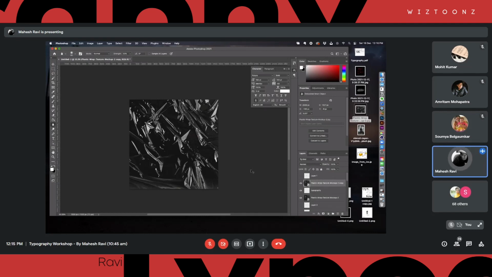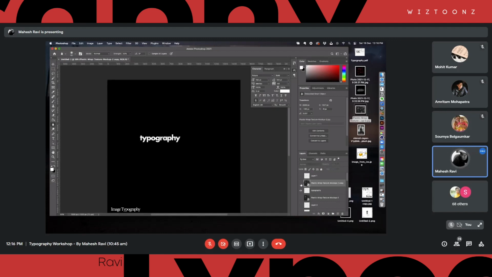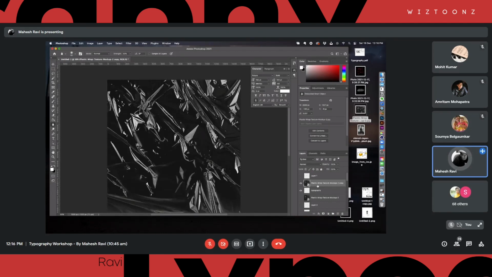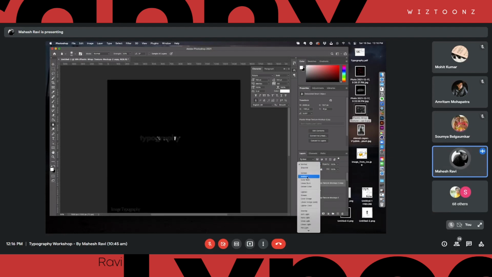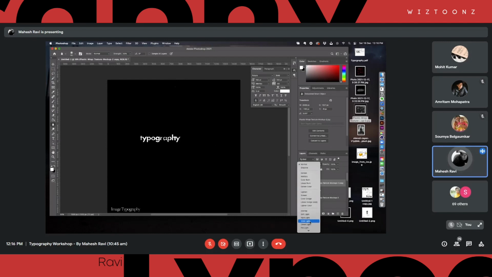So what I basically did here is that I wanted to use this data to distort the typography that is down there. So I selected the plastic wrapper texture. I changed the blending mode of this. So you can see that when you go through the blending modes, you can see it affecting the typography. Can you see? Yeah. Right, that image is being used to distort the typography. You see how it is actually defining the distortion of the typography? Yeah. So this actually looks pretty cool here, that is, say, the vivid light setting, right?